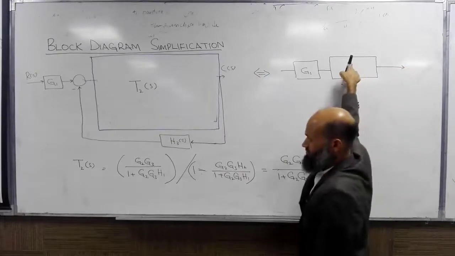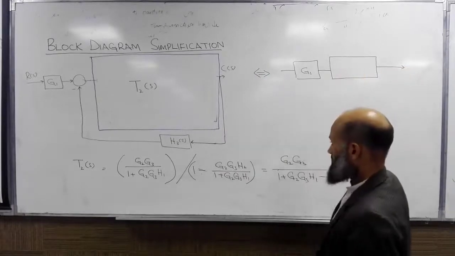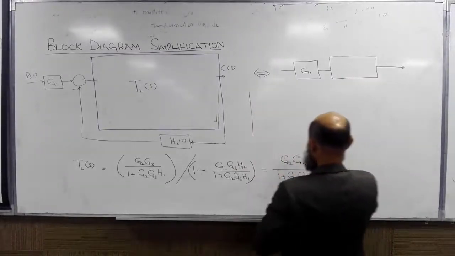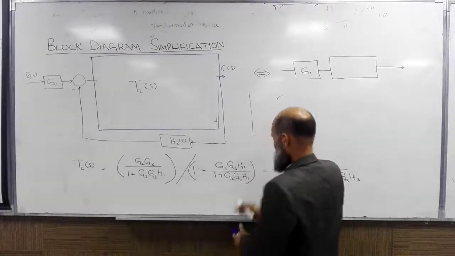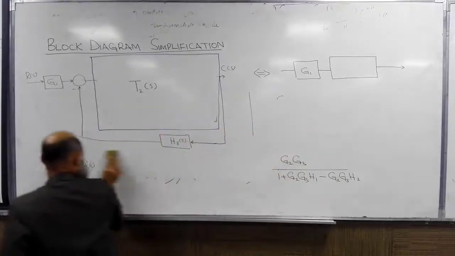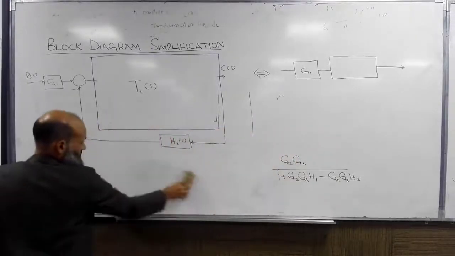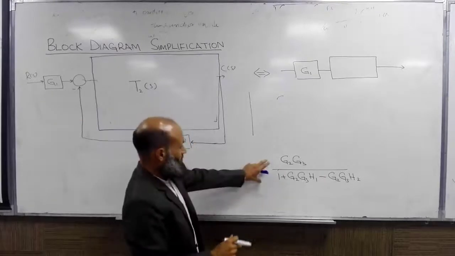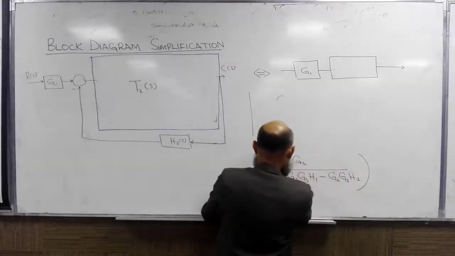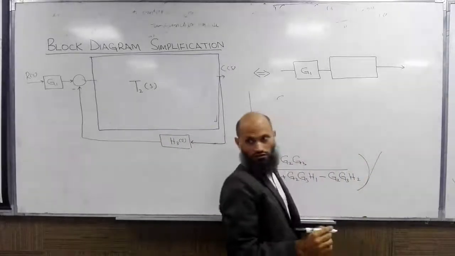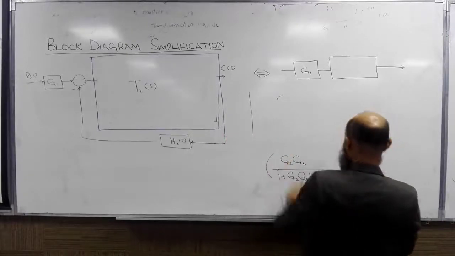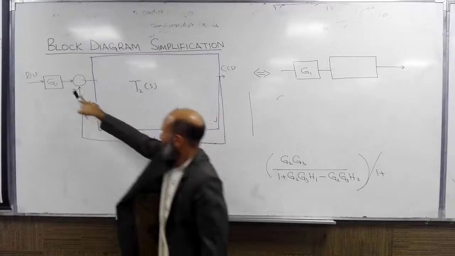This transfer function, right? I just write it over here. This is T2, the forward transfer function, divided by 1 plus the forward transfer function, plus because here is negative feedback,